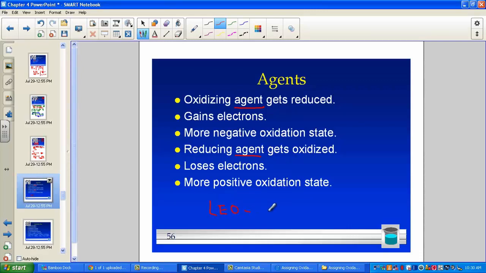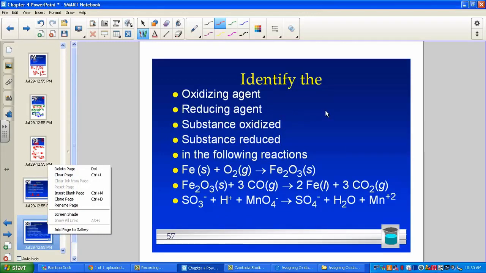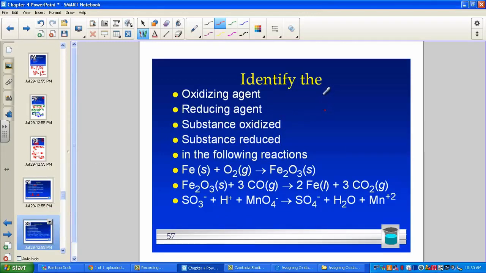An easy way to remember that: Leo the lion says GER. Losing electrons is oxidation. Gaining electrons is reduction. Oxidation becomes more positive. To be reduced becomes more negative on the number line. Traditionally, this term agent gets confusing for beginning students, but with a little practice,